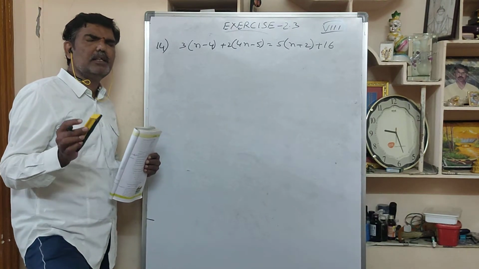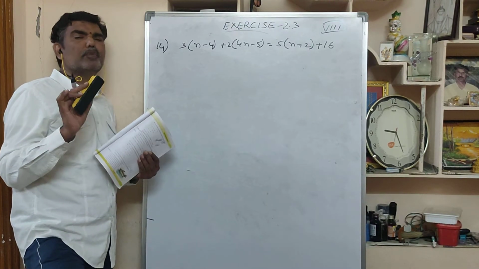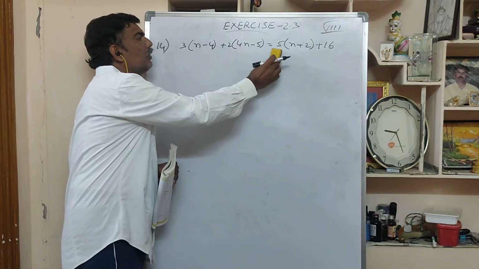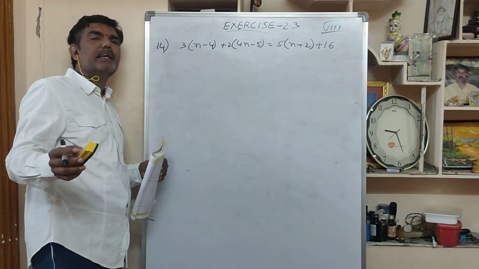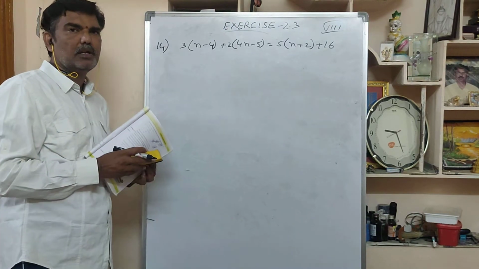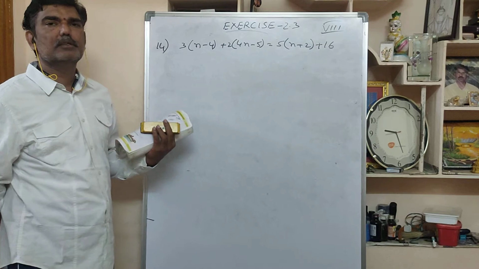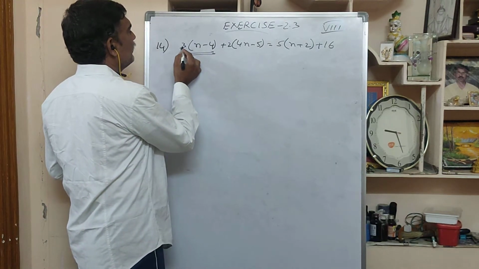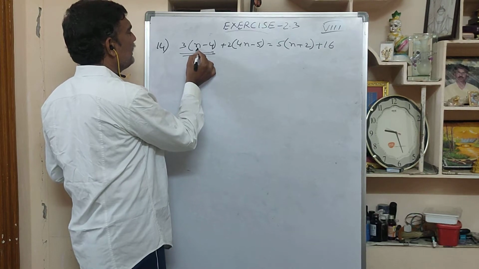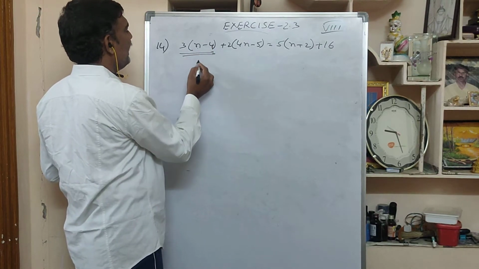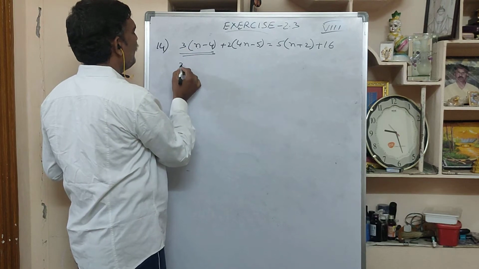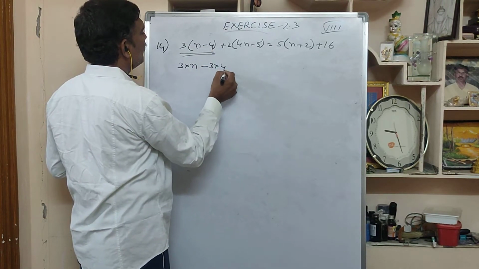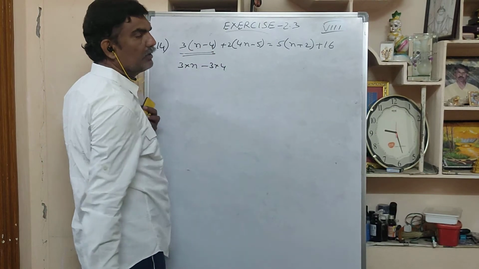It's very easy, just like before problem only. In before problem they gave here 1 is equal to 1 more they given. But here he added more terms, that's it. You are seeing somewhat lengthy, but it is very easy. First see this only. This 3 should be multiplied with n and 4. This symbol as it is have to keep. 3 into n minus 3 into 4. So this I simplified and I wrote here.